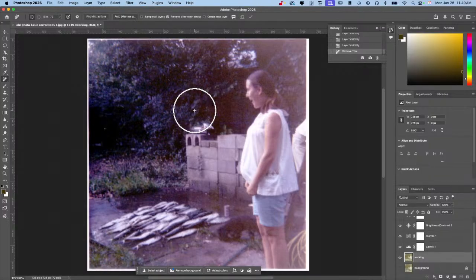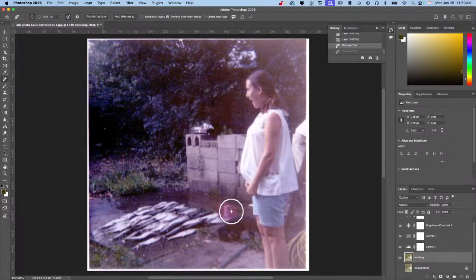I personally like to use the left and right square brackets on my keyboard because that allows me to see visually how big that brush is. Because, right, 40 doesn't mean anything to me. I need it to be big enough to get whatever out of the image that I want to get out. Right? Maybe we just like,